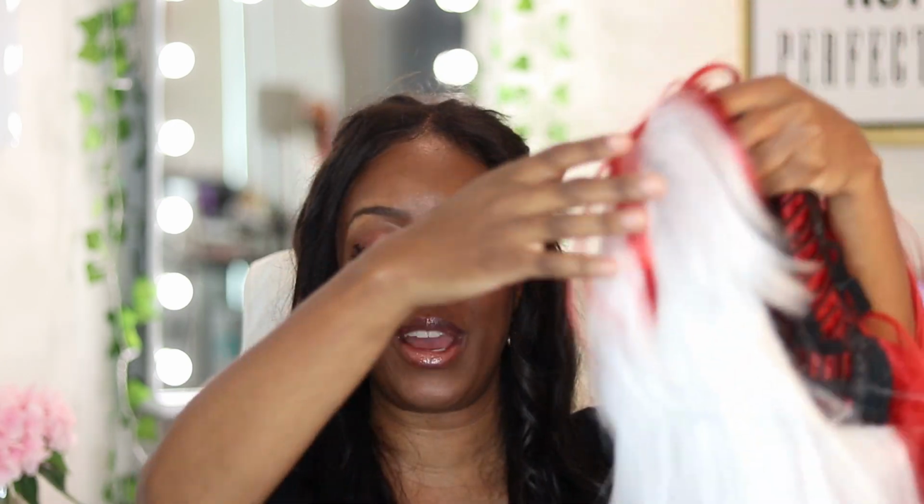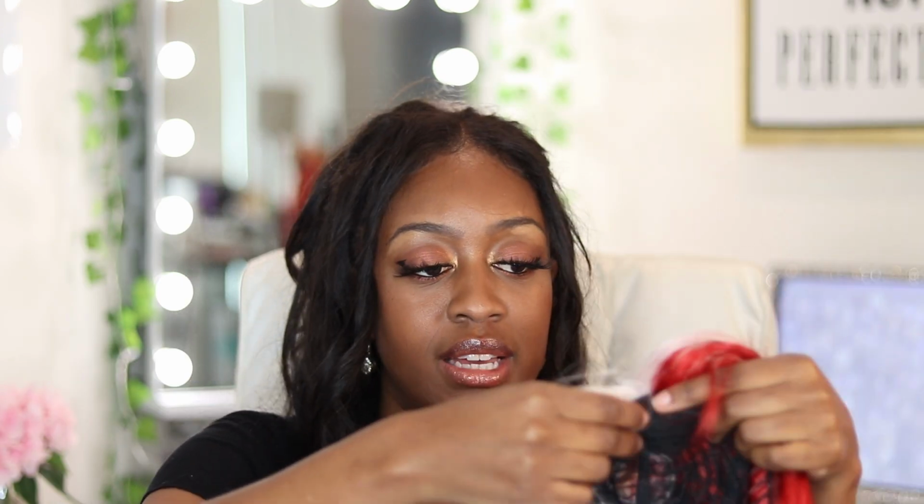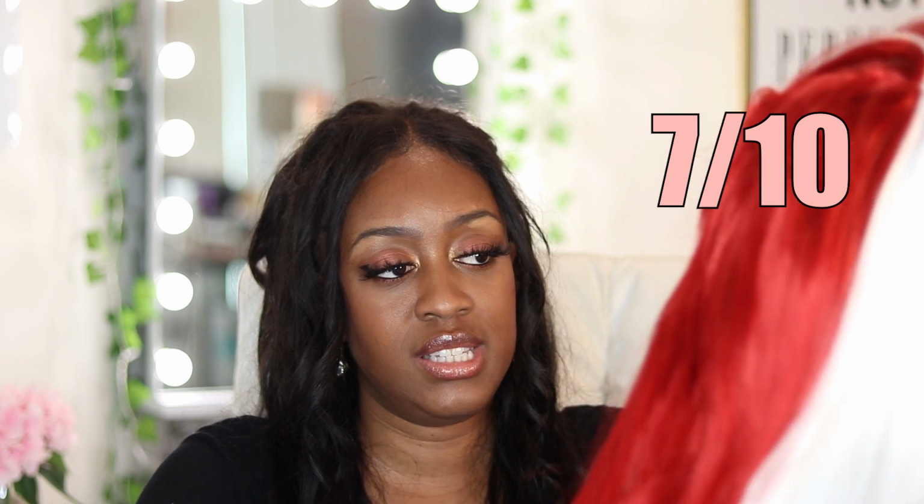Todoroki. I got this cosplay wig for Todoroki, but I like it a lot. Got the just net thing. There is lace up here, but it's not for parting or anything. It does have the Party City shine on it, but considering that it is definitely a character wig, this is actually a pretty good character wig, I'm not gonna lie. I'm gonna give it a 7 out of 10 just because the one coming up,